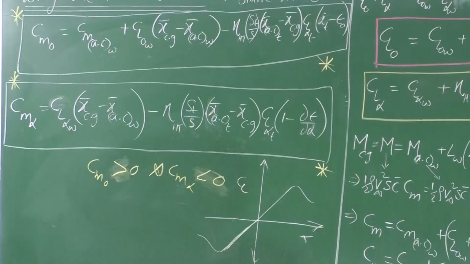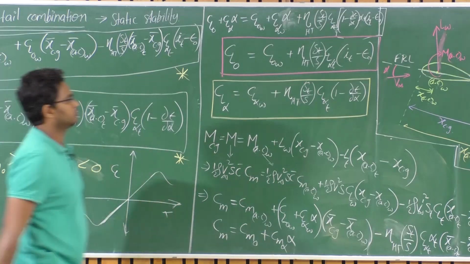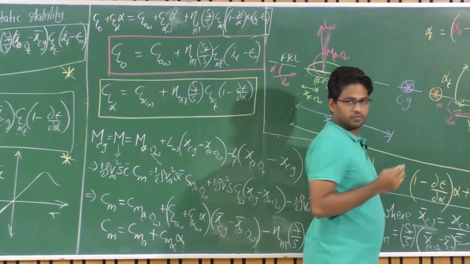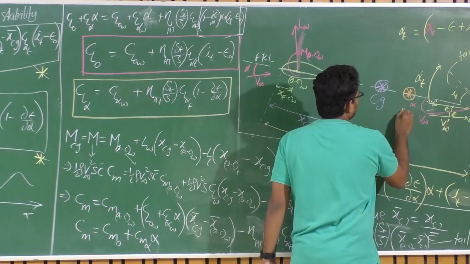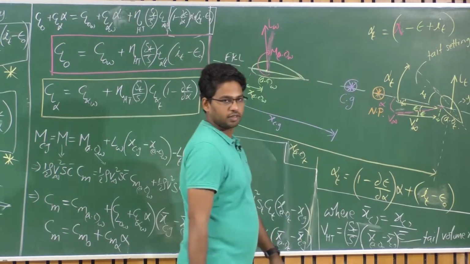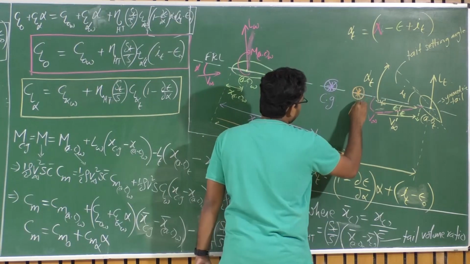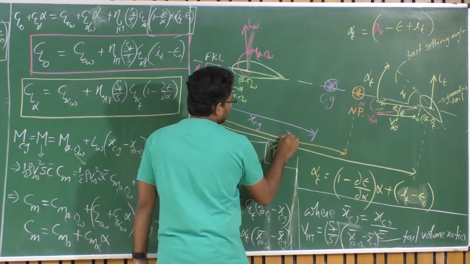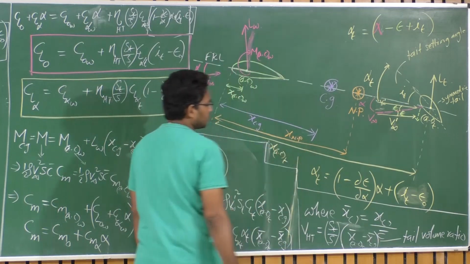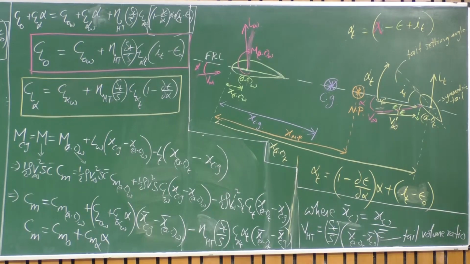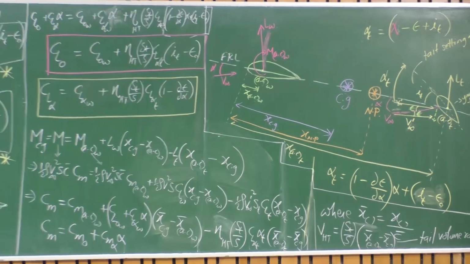So that particular location about which the entire aircraft pitching moment is independent of angle of attack is called neutral point, right? Let us consider some location. It is also a location of CG, right? Say this is NP, call it NP. So this is a location of CG about which the pitching moment is independent of angle of attack of the entire aircraft. What does it mean? So Cm alpha is 0. You have Cm naught, but there is no Cm alpha about that particular CG location. Okay. So let's figure out what that is.